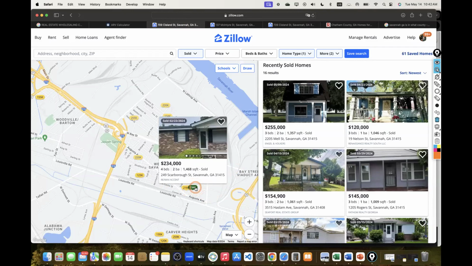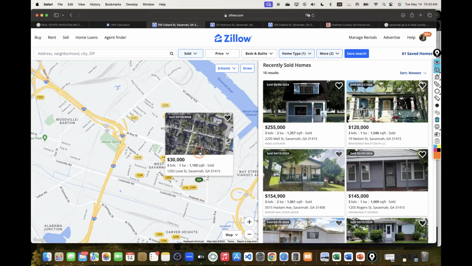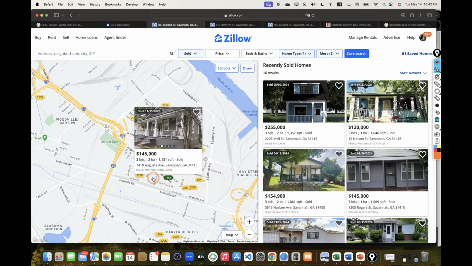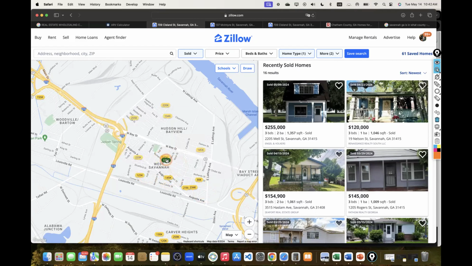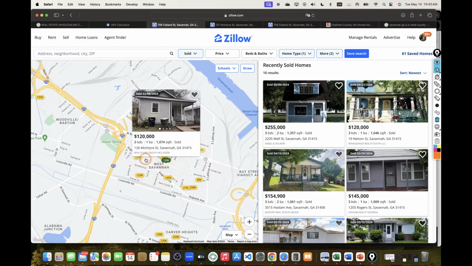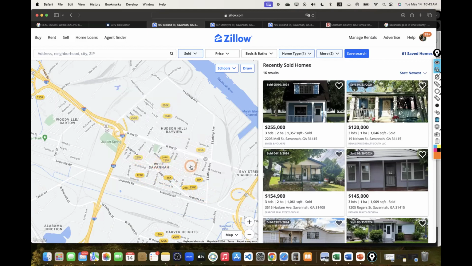And this is what I tell you guys to pay attention to: see what sells in the market. If all of them that I'm coming across are selling at like 1,000, 1,100, maybe 1,200, and occasionally you have a 1,400, then that's telling you something. Look, another 1,000, 1,100 square foot home, 1136, 1,000, 1074. So I gotta look for properties that sell. If this neighborhood overall is just 1,000 square feet, nothing more than like 1150,